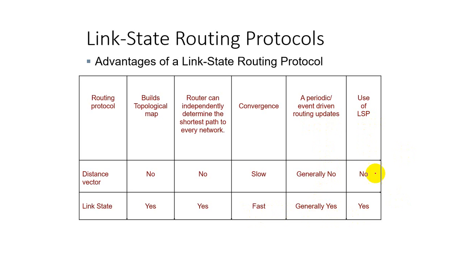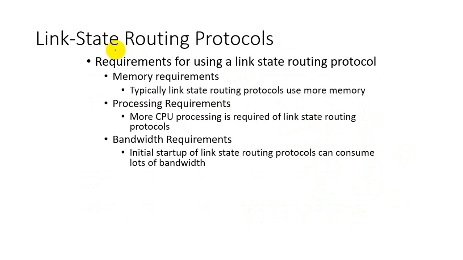So, okay, the use of LSPs is there in link state routing. If we check the requirements for using a link state routing protocol, there is a high memory requirement. Typically, link state routing protocols use more memory. Okay, it will use more random access memory. Similarly, the processing requirement is also high. More CPU processing is required by link state routing protocols, and the bandwidth requirement is also high. The initial start of link state routing protocols can consume lots of bandwidth. Okay,